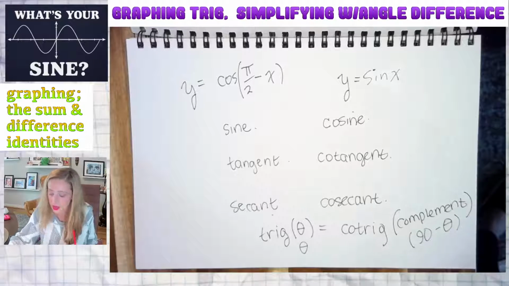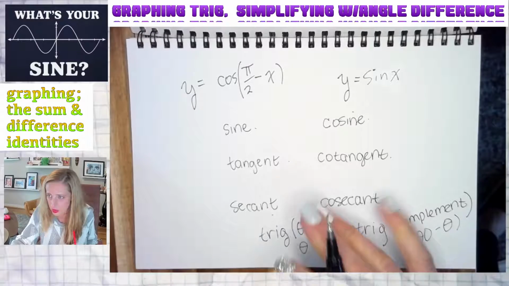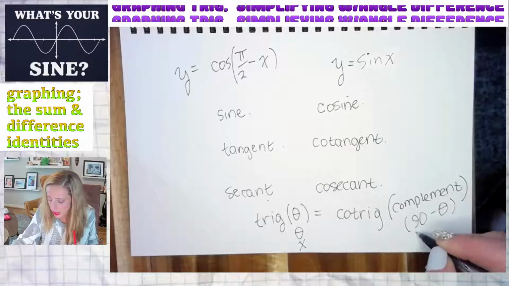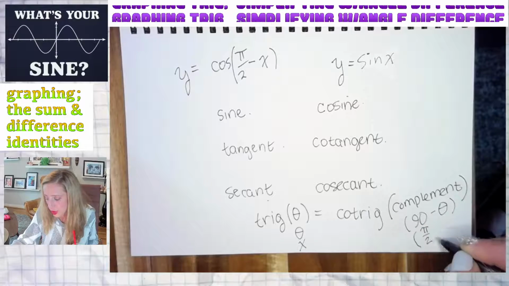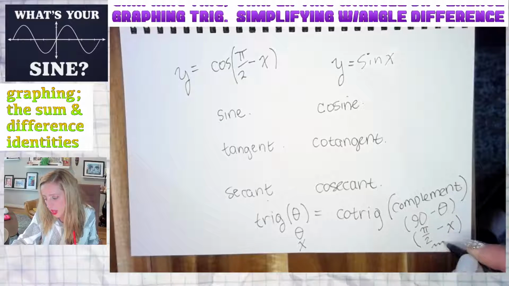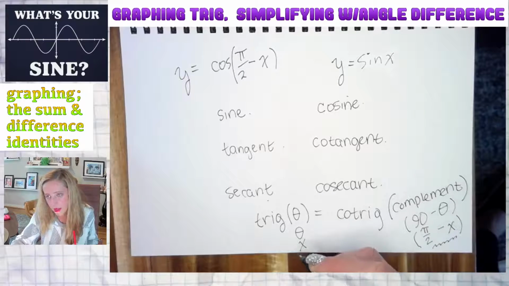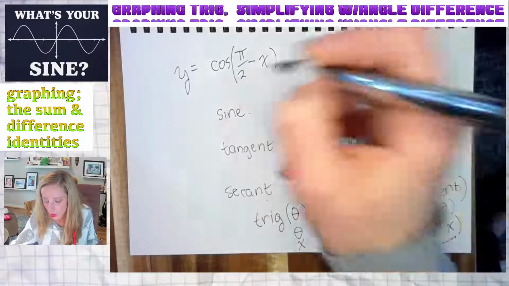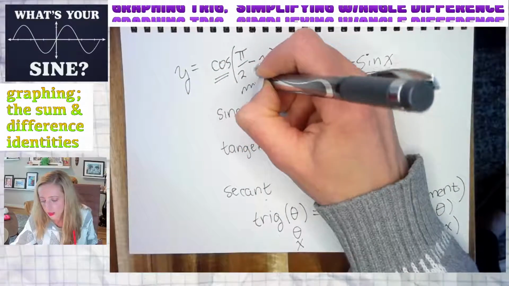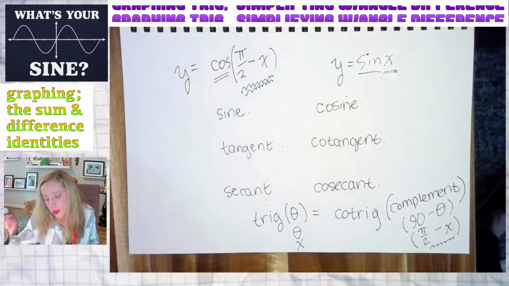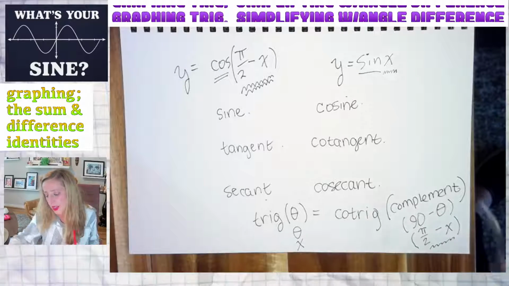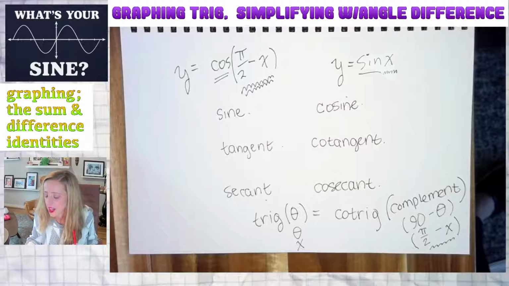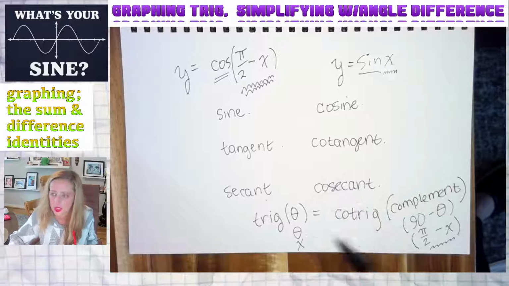But what about radians? Well, let's say instead of theta, let's use x. So if it's the trig of x, that will equal the cotrig of, instead of 90, pi over 2 minus x. So this is the complement of x. So the trig of an angle will equal the cotrig of the complement. So if you were able to piece that together and see that relationship, go you. If not, that's okay. It's a funny one, but I just think it's pretty cool because it all comes full